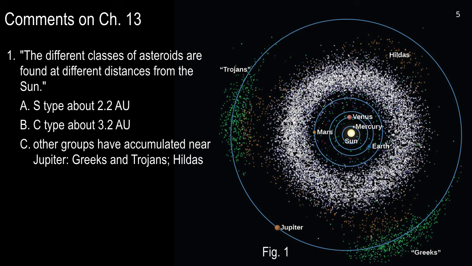But now the reason that the Trojans and the Greeks are out there, if you were to trace a line from like the center of the Greeks to the sun and out to Jupiter and then back to the Greeks, you'd form a 60-60-60 equilateral triangle. And the same thing up here with the Trojans. So from about the center here into the sun and then down to Jupiter and then back up here to about the center of the Trojans on the left of this orbital diagram, that's supposedly a 60-degree triangle.